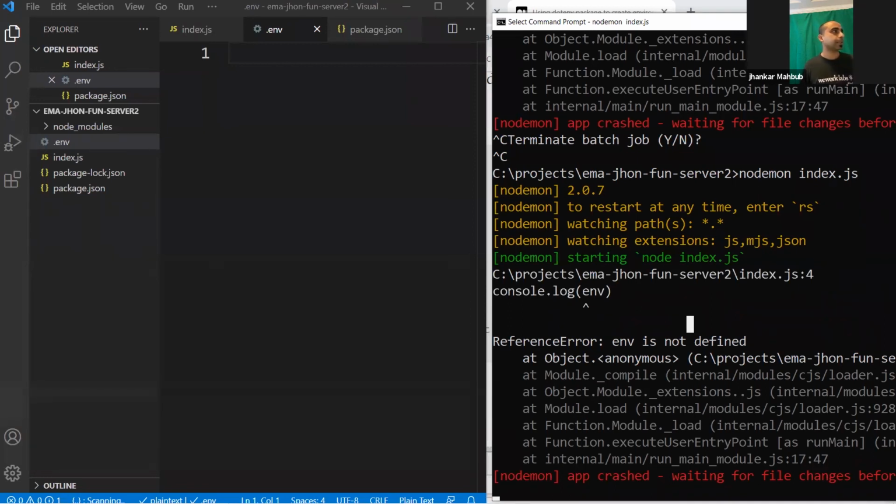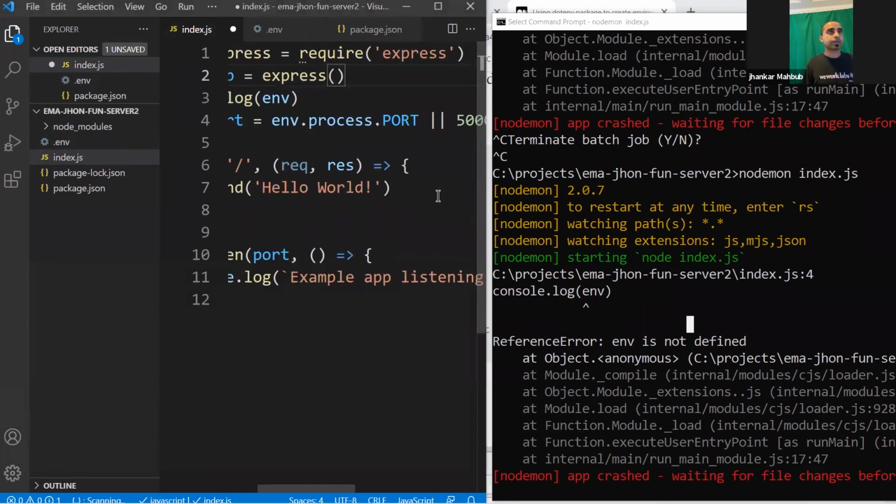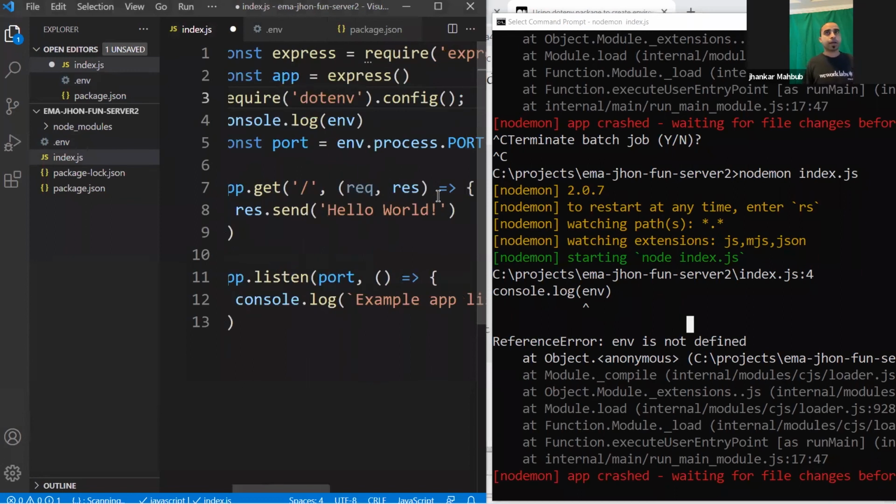Let's dig a little more. We did the require config, and we didn't declare any variable.